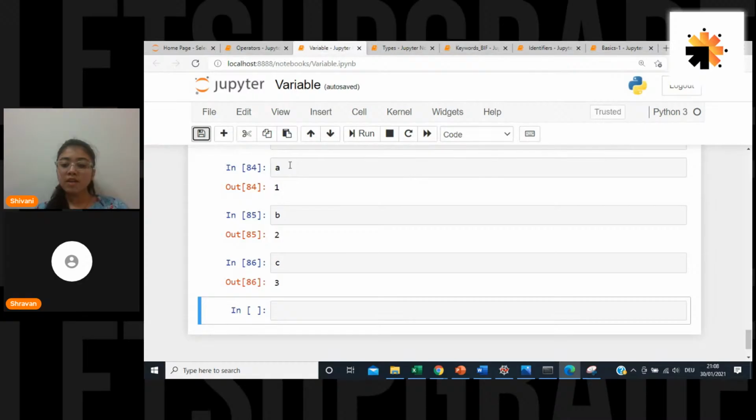Tushar is asking what the pros and cons of statically and dynamically typed languages are. See, a dynamically typed language is one where I can change my data type whenever I want, right? So initially A is an int, next it is a float, next it is a string. Statically typed means a language like C, C++, even Java I guess, where I need to explicitly define my data type, whether it is int or float.